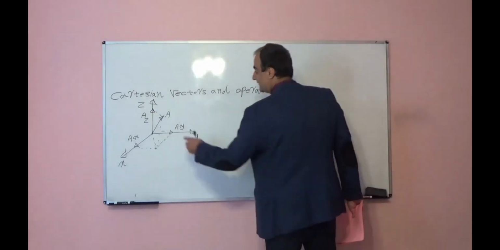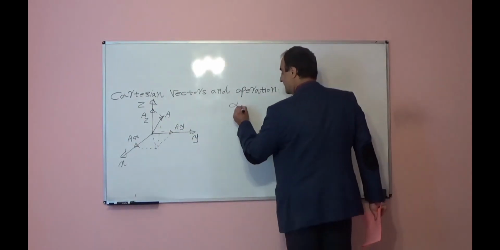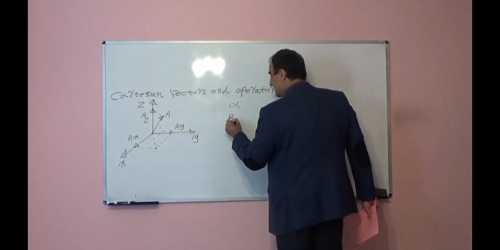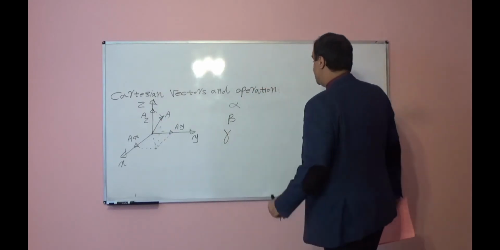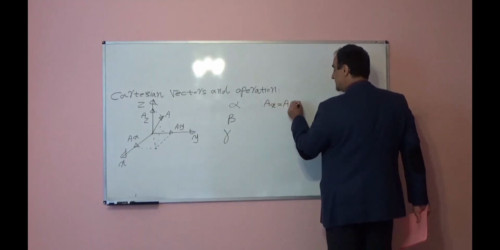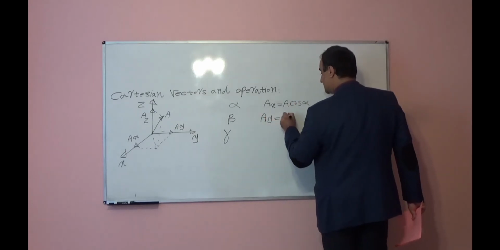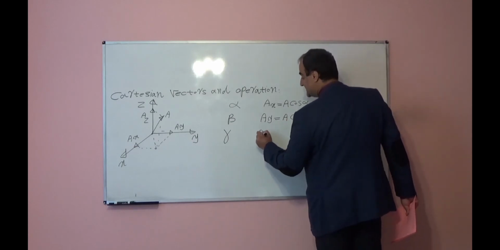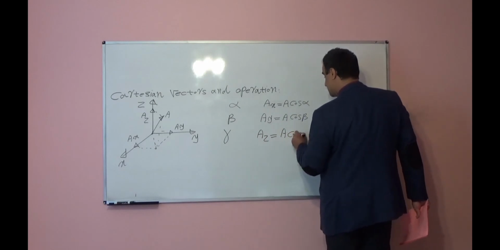So if the angle of vector A with the x-axis is alpha, the angle with the y-axis is beta, and the angle with the z direction is gamma, we can write Ax is equal to A cosine alpha, Ay is equal to A cosine beta, and Az is equal to A cosine gamma,